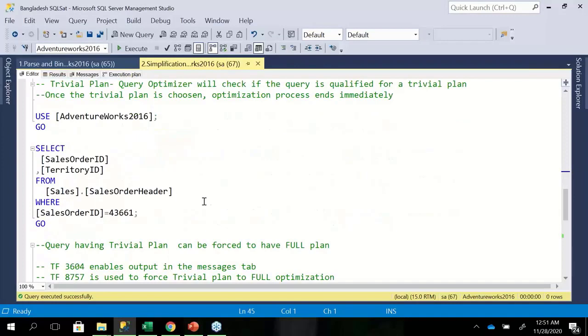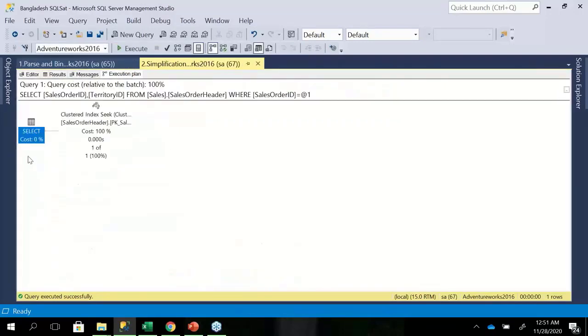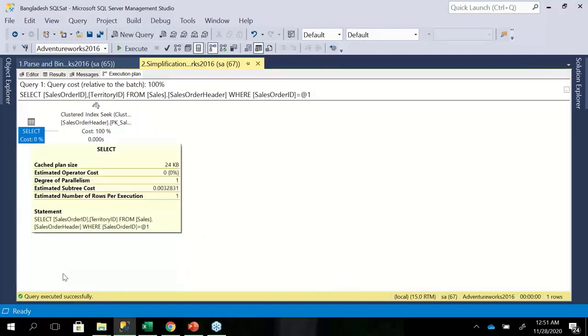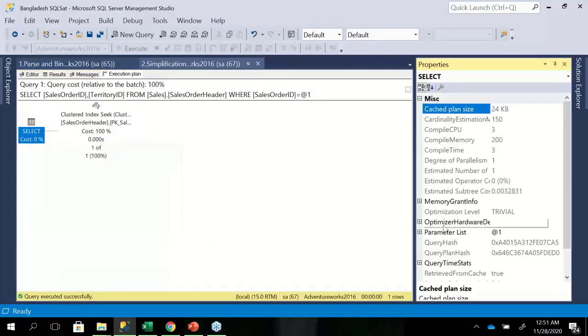And let's see how the trivial plan component works. This is a very simple select query with a simple where clause. Now let's see what kind of plan gets created for this query. When I execute that and go to the execution plan and open the properties on this select, did you see the optimization level?